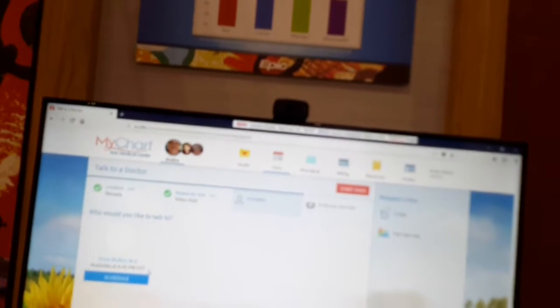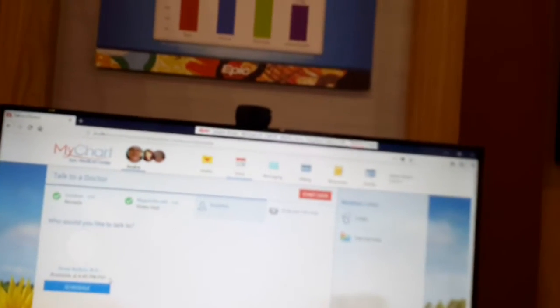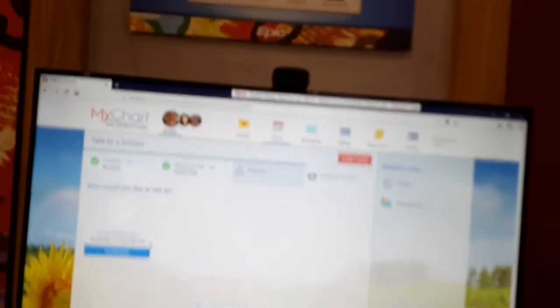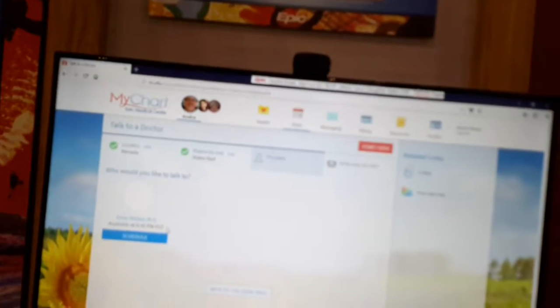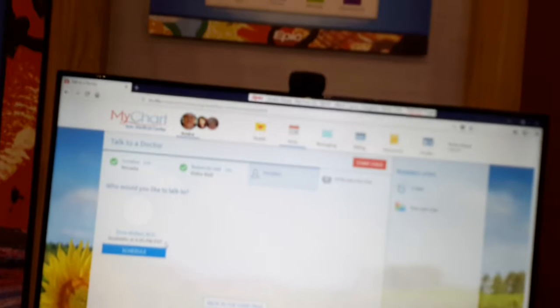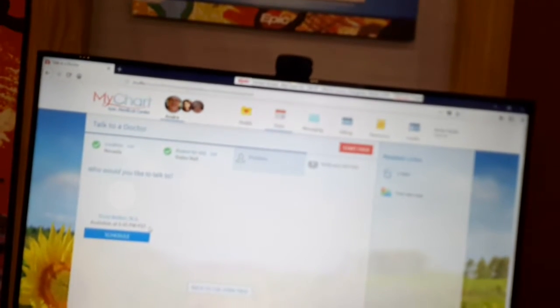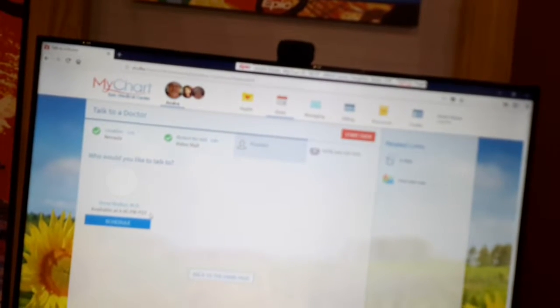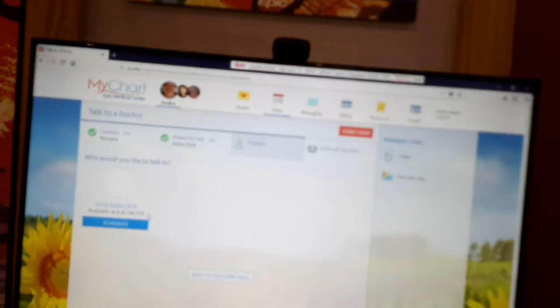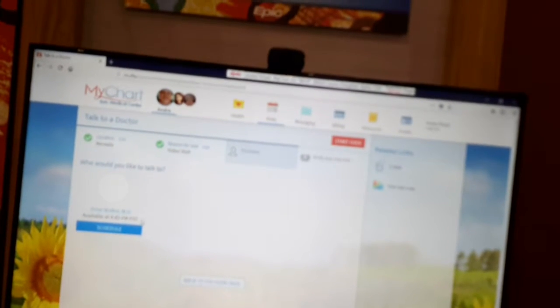Physicians, providers. Yeah. Well, it doesn't necessarily have to be physicians. APNs or whatever. Exactly. So advanced practitioners are going to be probably the primary users of this. Oh, really? Okay. And less so physicians. Right. And why is that? Mostly because it's designed for complaints that are easily treatable by protocol. Right. So the things that CVS would handle in the Minute Clinic, we want to be able to handle virtually